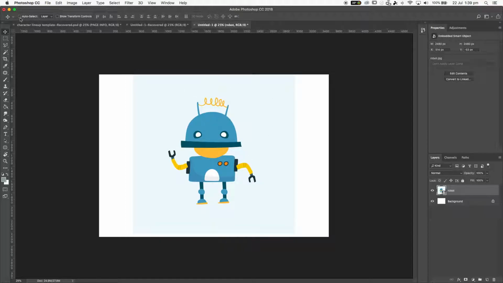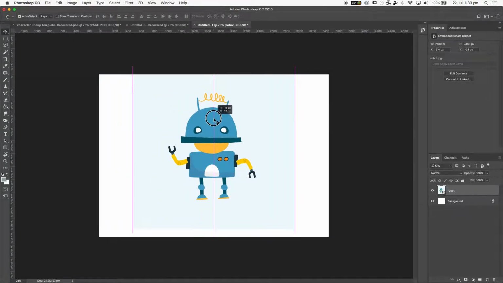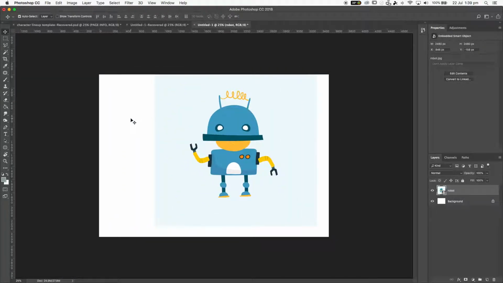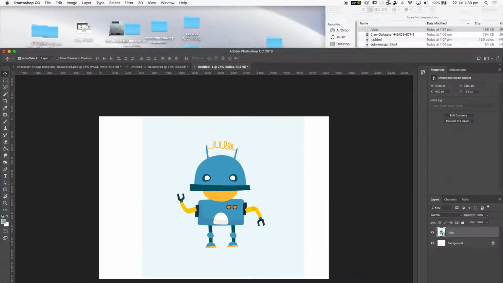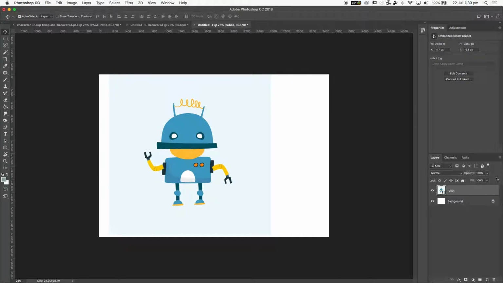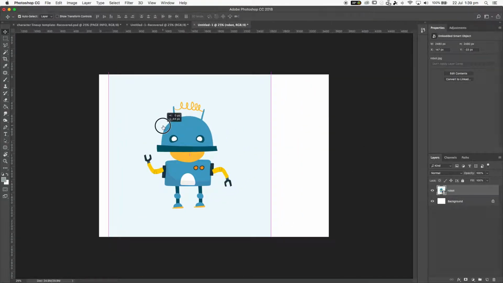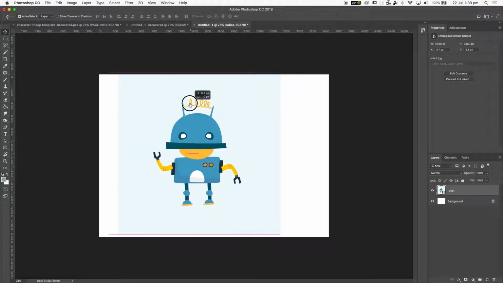A couple of quick things with this. A lot of you will work with auto select turned on, and that works pretty well, but I'll give you an example of what that basically means. It means that if I am selected on something else, say the background layer, and I click on the other layer directly, it will automatically select it. Now that's pretty cool most of the time. In this instance, I do recommend not having that ticked on,